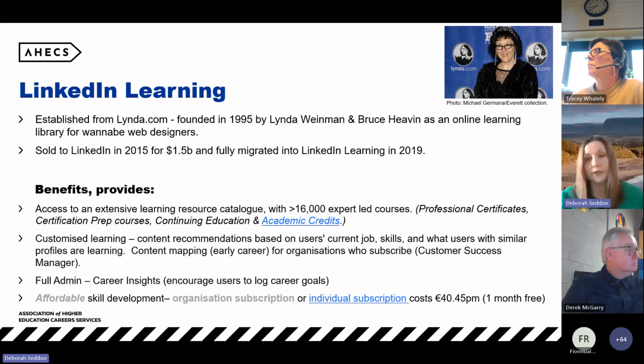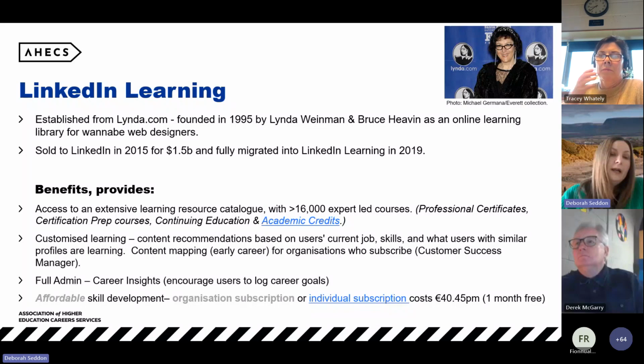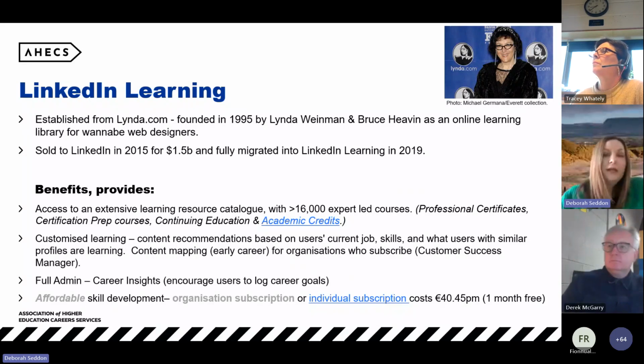You might have a different experience in your institutions, but that's great in terms of endorsing and showcasing and preparing students for the next step, or users for the next step. It is customized learning, so it will recommend content based on what the user puts in, so in terms of their current jobs or the skills,